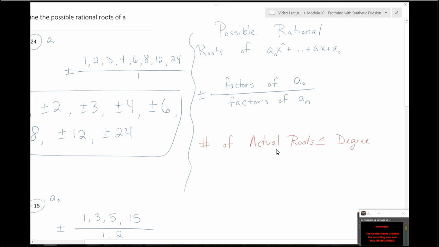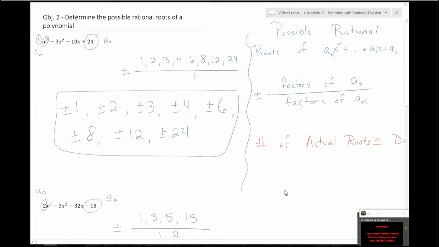Right, so we could have some repeats, which is what's taking care of this. Or we could have imaginary roots, which we wouldn't say are actual roots, or at least they aren't real roots. So in the next video, we'll look at how to choose between all of these possibilities to get to the actual